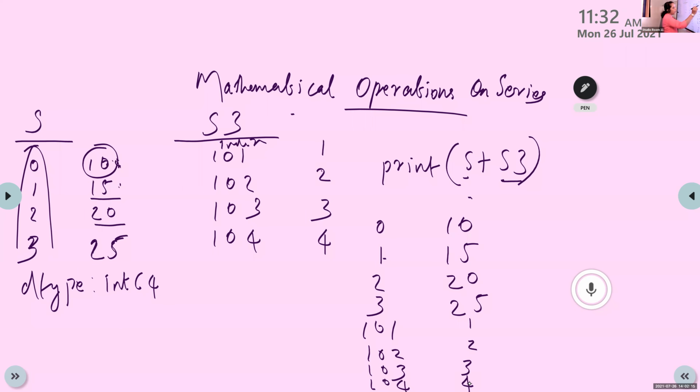The first series displayed is S, because we are starting from S. So first it will display the content of S, after that the content of S3. So 0, 1, 2, 3 is the first series, that is S, and S3 is 101, 102, 103, and 104.